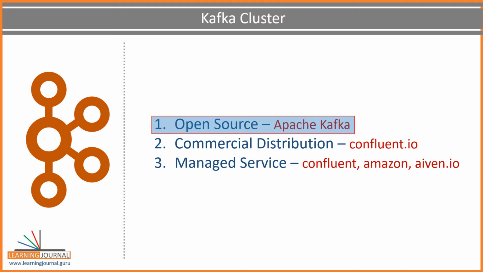The first one is the open source version of Kafka. You can download it from the Apache website, install it, use it, and manage it yourself. If you are getting into some operational issues or open bugs, need to upgrade Kafka versions, or facing some infrastructure problems, you are all alone and expected to develop in-house expertise to handle it.